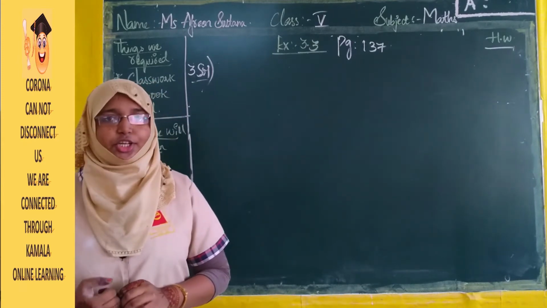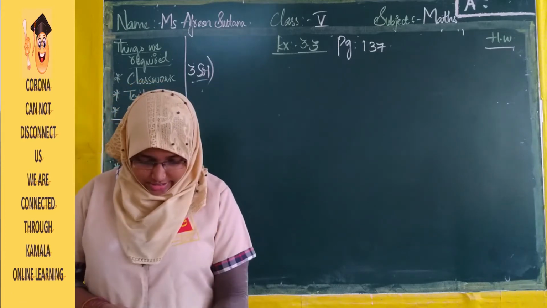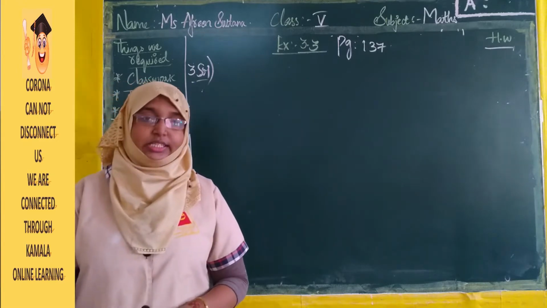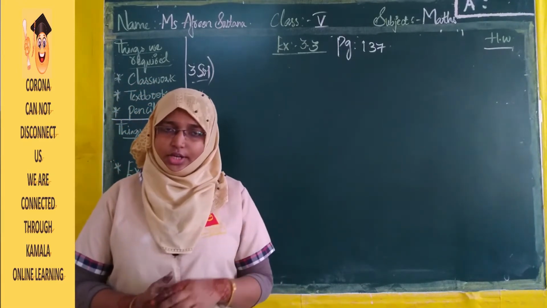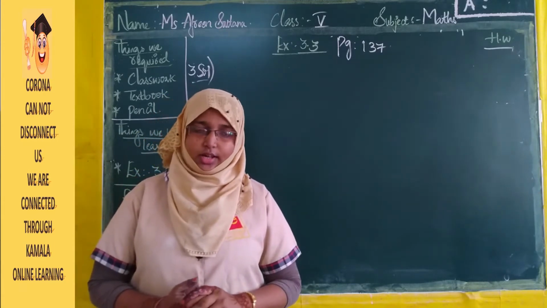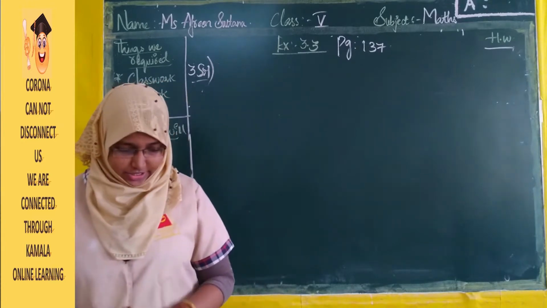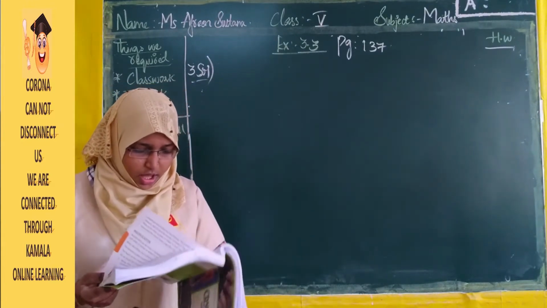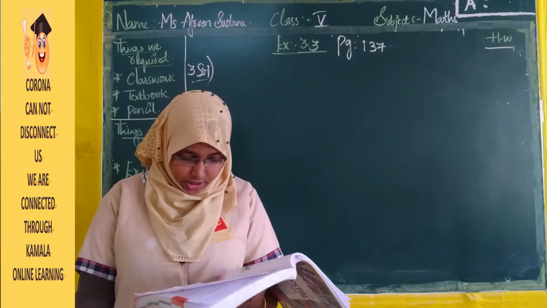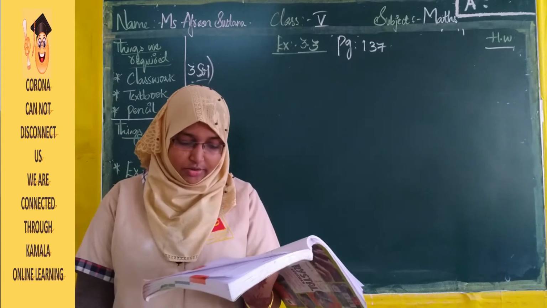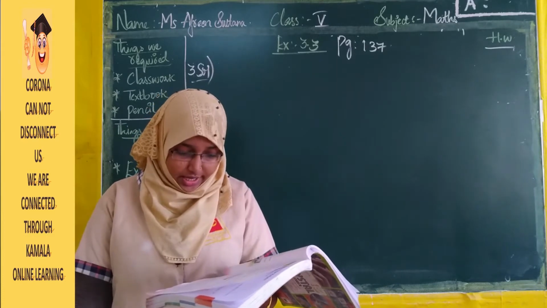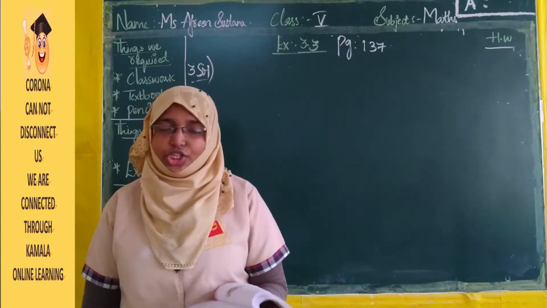So today we are going to continue our exercise 3.3. We will start with our third problem. Please write down the third question in your classwork and open your term book to page number 137. I hope everyone is ready. Let's start. See what the third question is. Third one is: Samika has spent 2,59,200 seconds on her project. If she was given 3,60,000 seconds to prepare it, how much more time does she have?